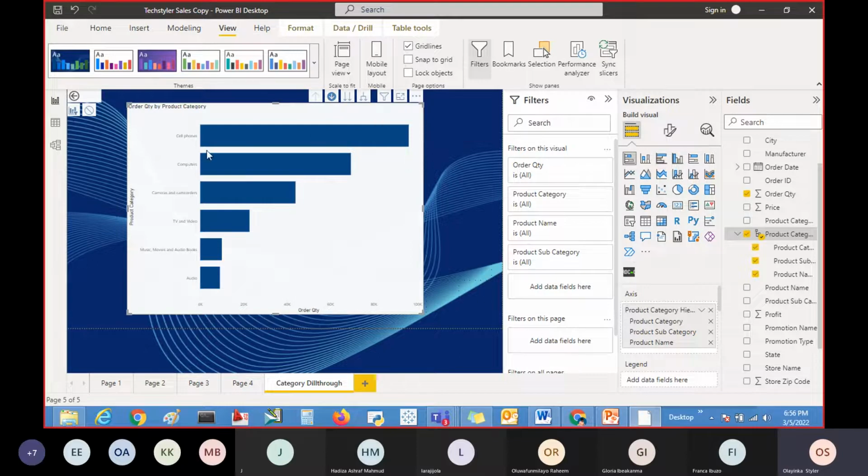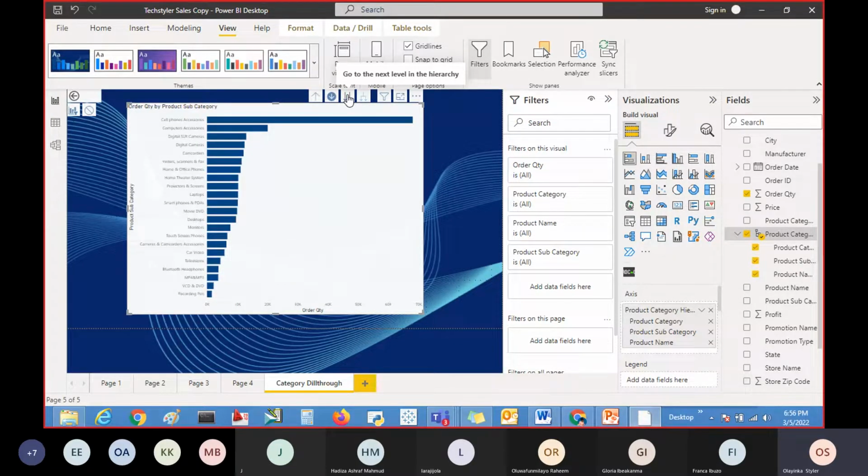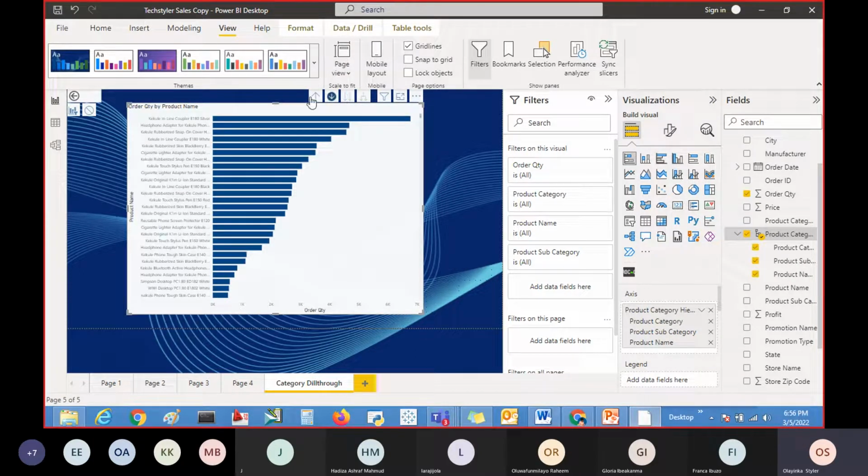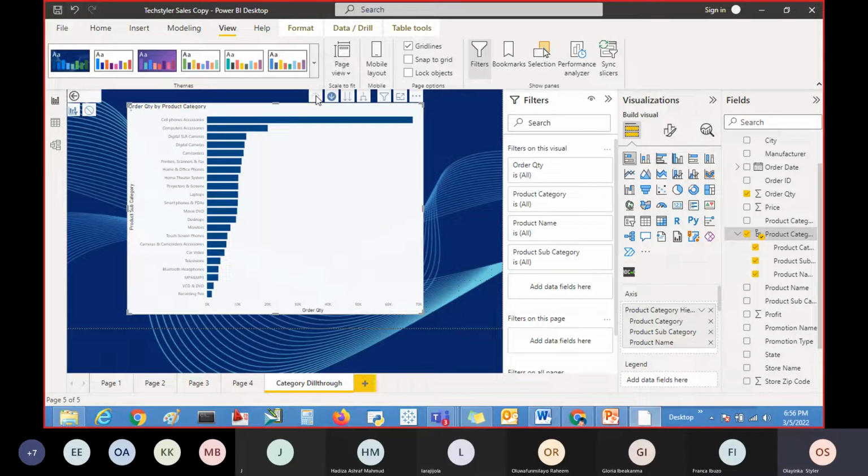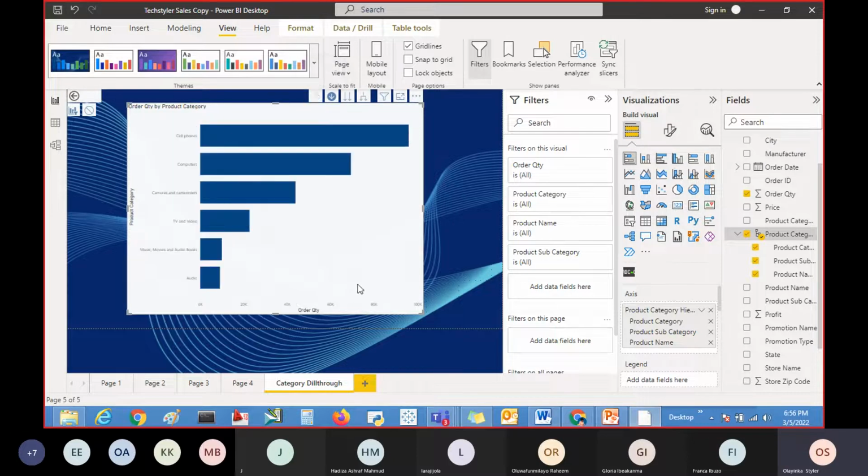So for example, this is product category. If I click this arrow down, it takes me to subcategories. And then if I go down again, it goes to product name. That's how hierarchies work. Now, if you were using this to go to